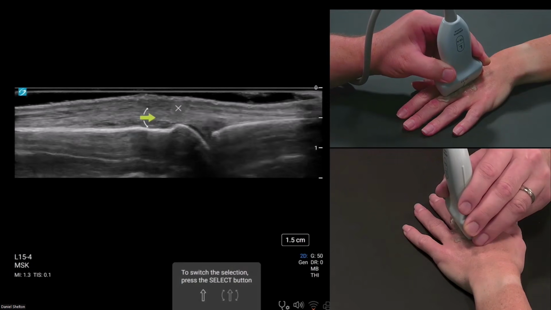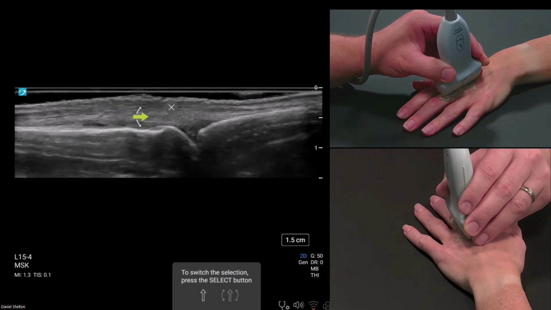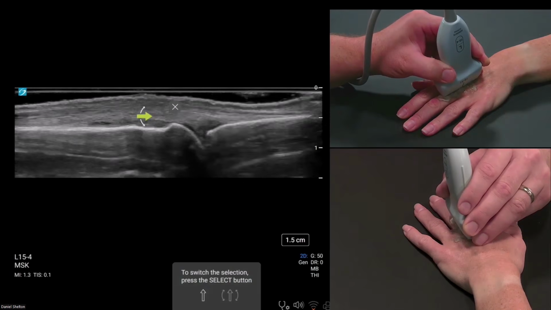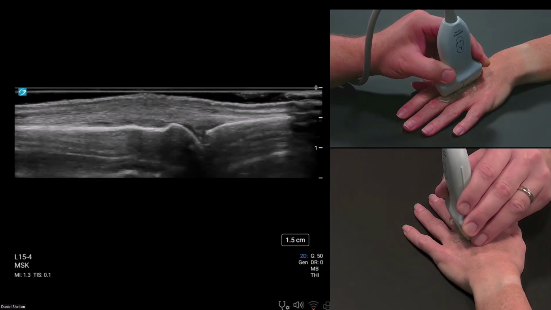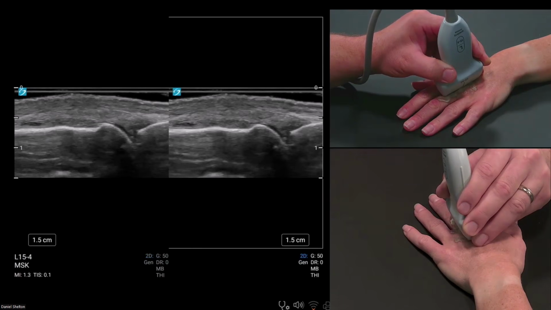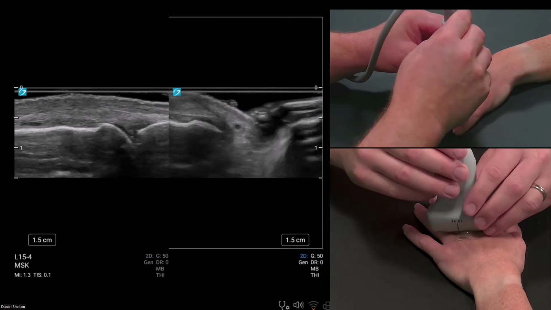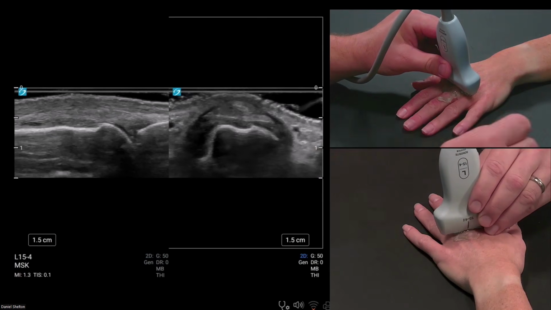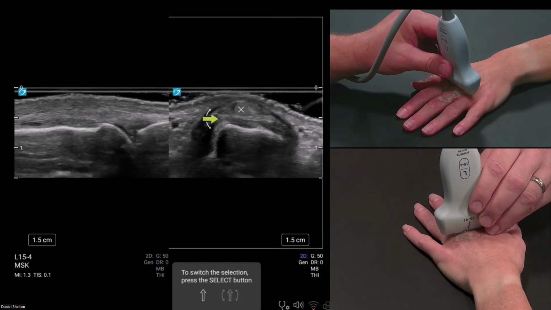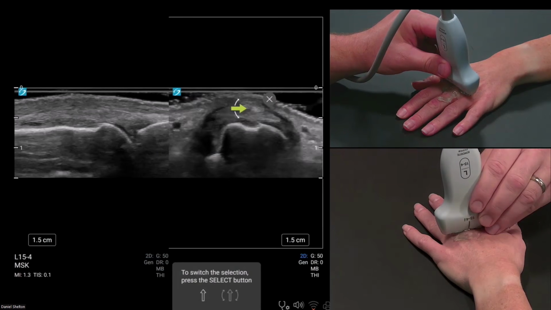in the other plane. Remember, we went and saw a deep sagittal band, but the deep sagittal band was in long axis this way. Split the screen. So I'm going to use the dual feature. And then I'm just going to rotate the probe. Left side will be radial. There. And we can see that long axis, deep sagittal band underneath the extensor tendon.